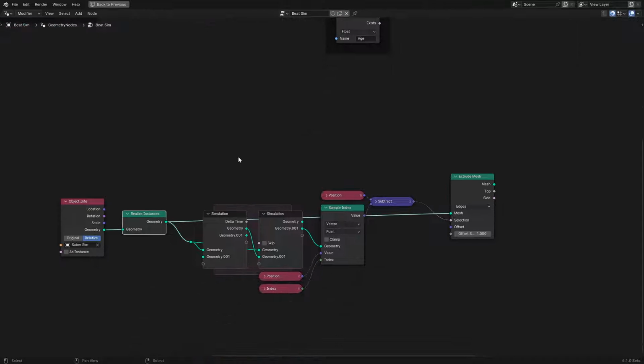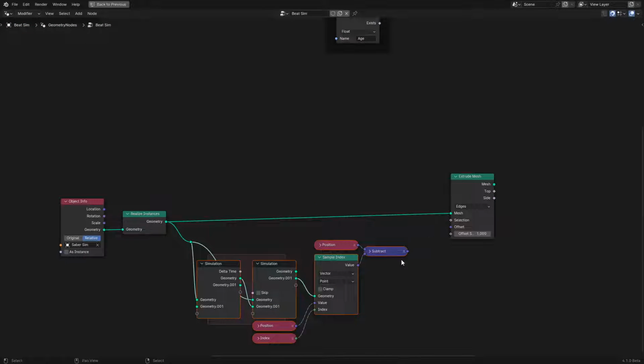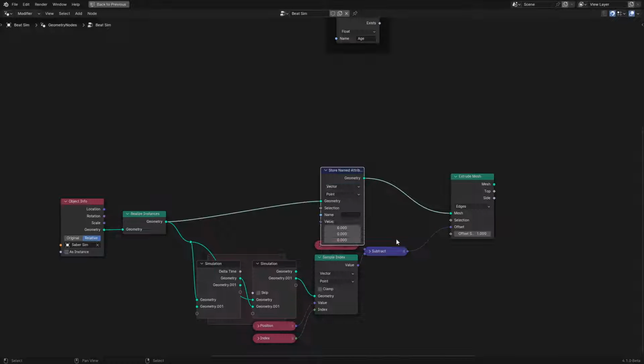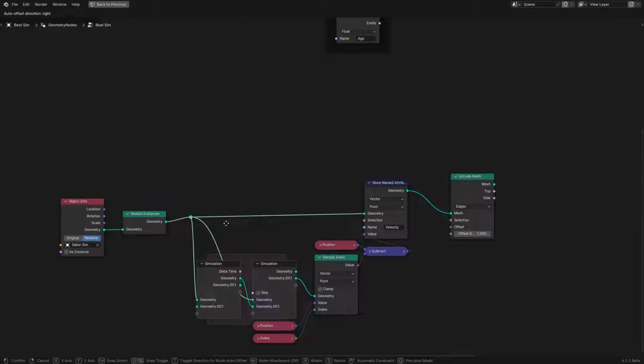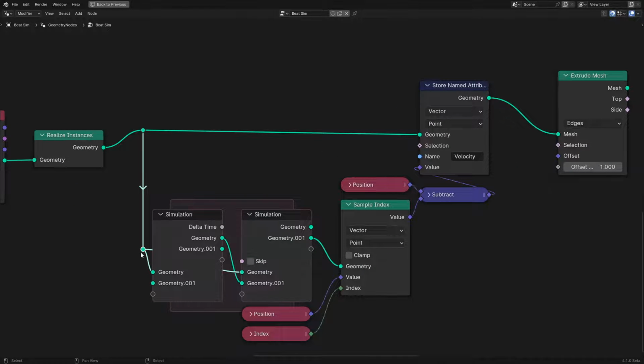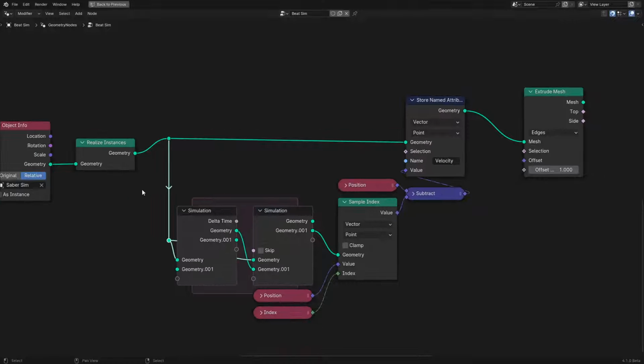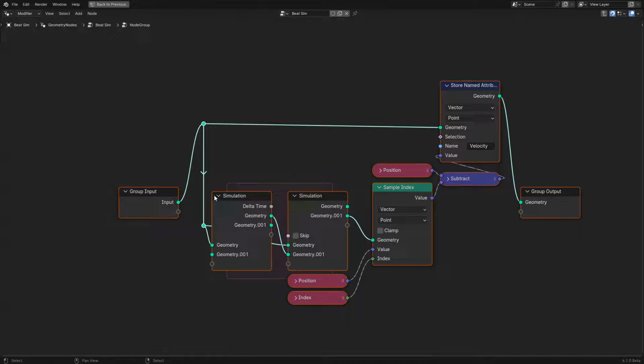Here, let's also go, wait, why did I, okay, no, you go right there. Actually, no. Okay, let's make this a node group. This is actually a perfect opportunity for a node group. This will be velocity. It'll have the actual velocity name instead of just vel. Vel is when I'm testing. Velocity is when I actually need to do stuff. So if you're wondering why this is connected to the input here and that as well, that's so that on the start frame there's no glitching. Just setting the start data. So node, make group,